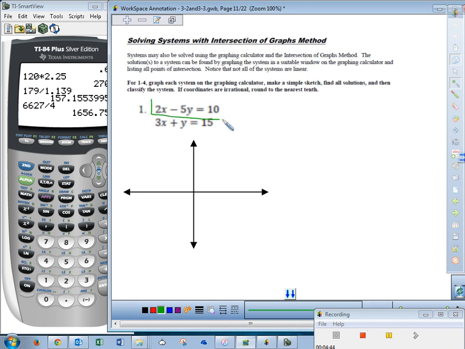Solve for y. So let's take this guy over here and solve him for y. I would have negative 5y equals negative 2x plus 10, right? Subtract the 2x from both sides. Then I need to divide by negative 5, right? And then the other guy,